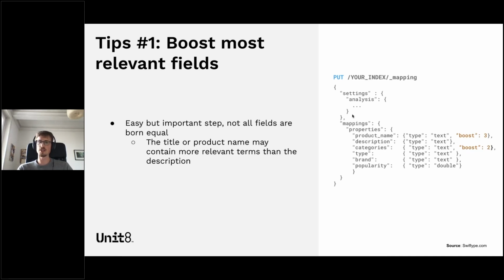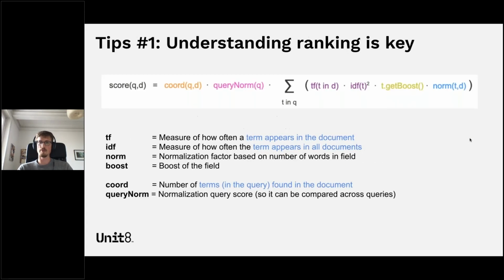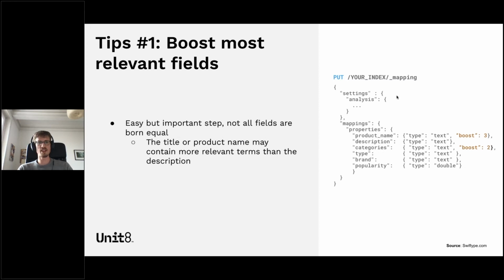So what you can do is when you're creating your index, you can assign this boost coefficient for the different fields, and then you'll have this part here, depending on the field where the word appears, boost that given word and increase the score. So that's a fairly easy tool to use.